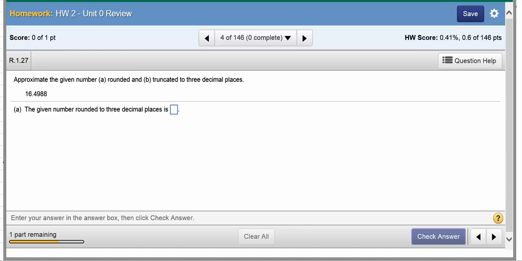Part A asks us to approximate this given number rounded, and part B asks us to truncate the number to 3 decimal places. So if I'm looking at 16.4988 and I need to round it to 3 places, I look at this third decimal place, this 8 here, and immediately to the right of it, that's the value that helps me decide if this 8 should round up or stay the same. Since the 8 to the right is greater than 5, we do want to round this up,